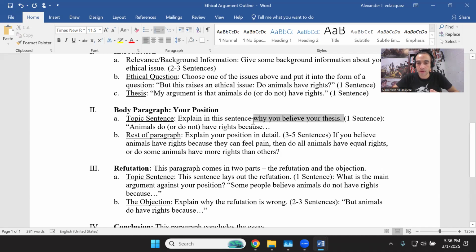you believe your thesis. Remember in the last video we talked about writing the thesis. So you're going to say, for example, the outline example says, my argument is that animals have rights or animals do not have rights. And in this paragraph, you're going to start with a topic sentence which explains why. So animals have rights because, animals do not have rights because. So again,